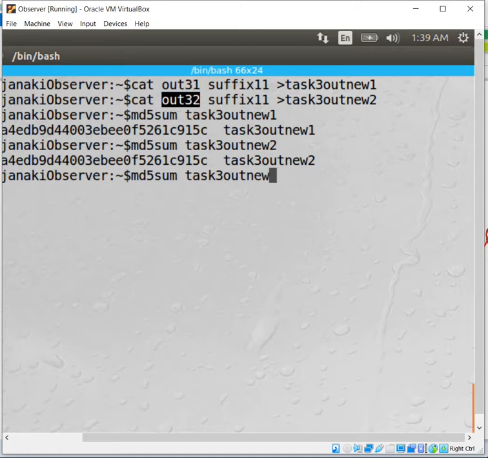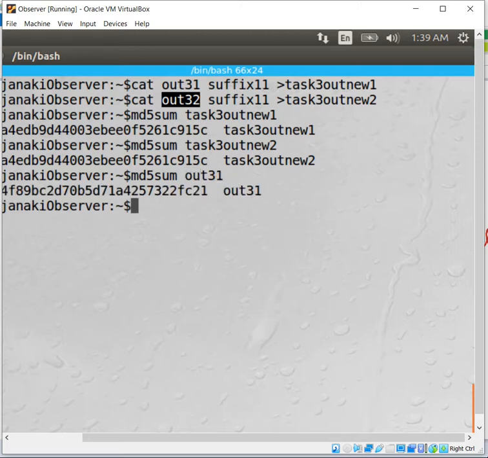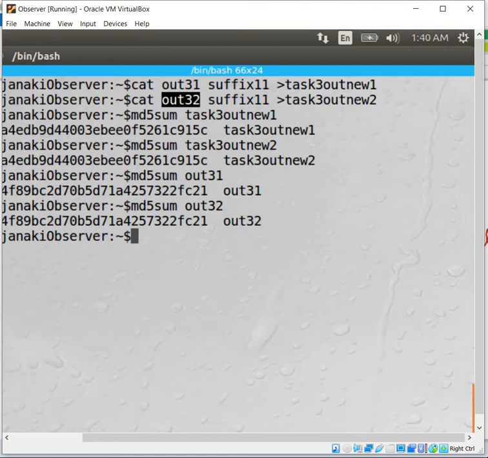If you check the MD5 sum of out31 and the MD5 sum of out32, both will be the same. With that out31, I have added a fixed suffix value, suffix11, so when you concatenate, the MD5 hash value will remain the same, there is no change.